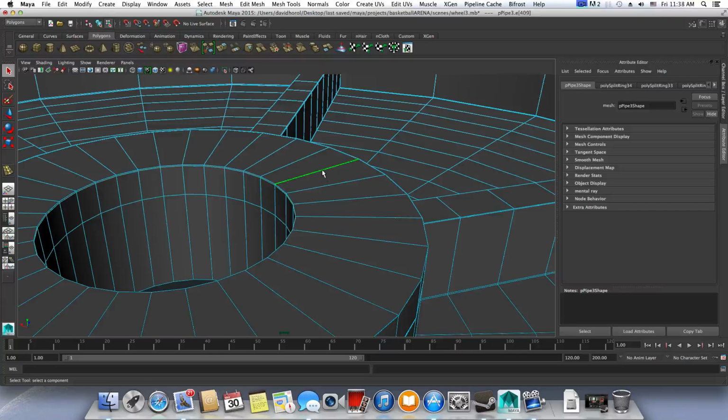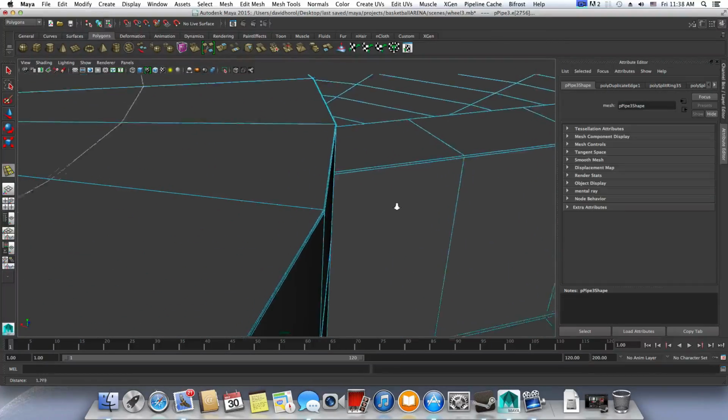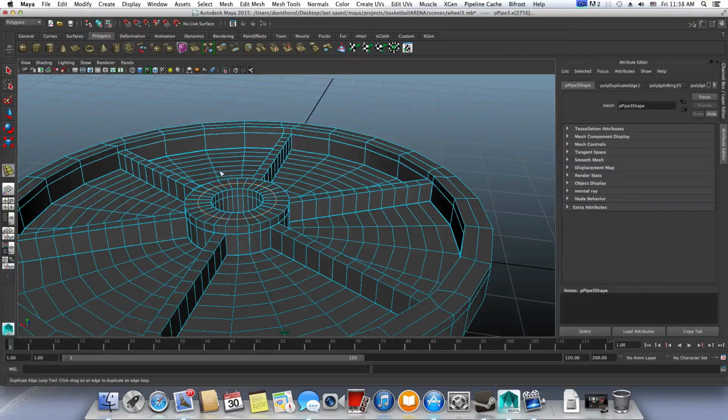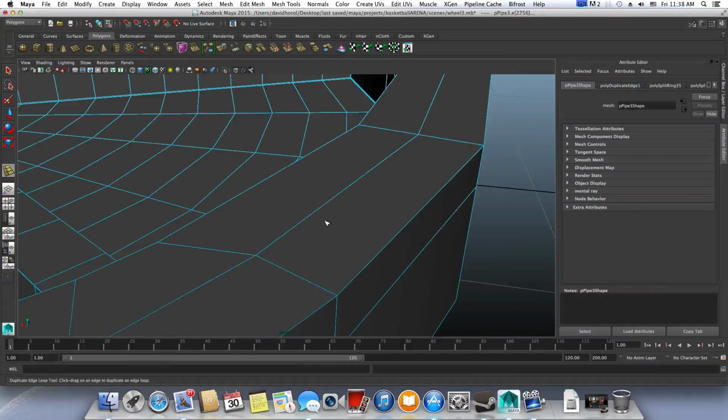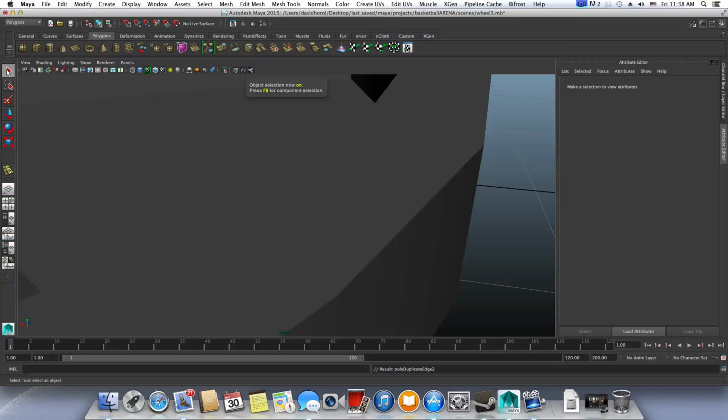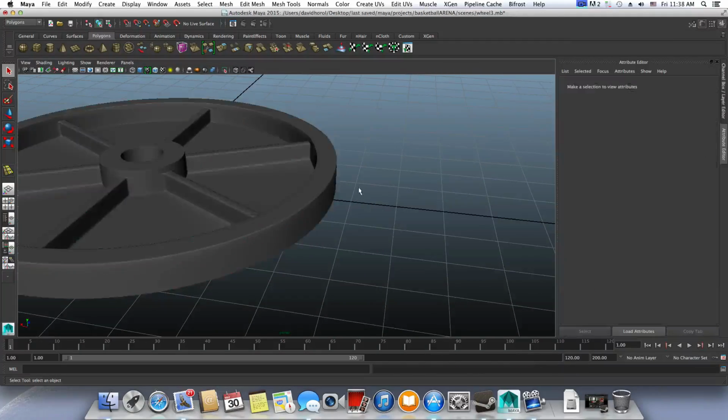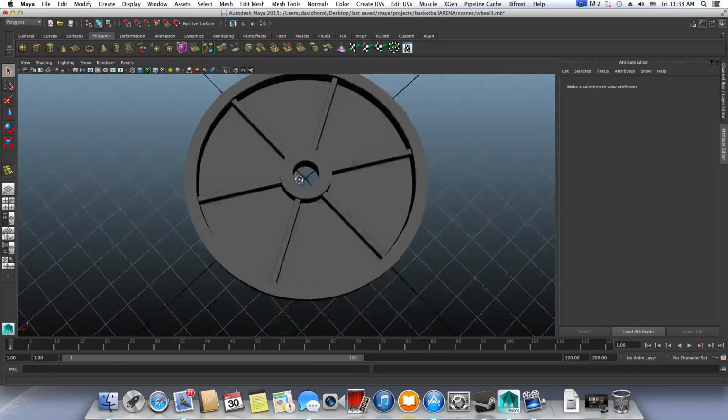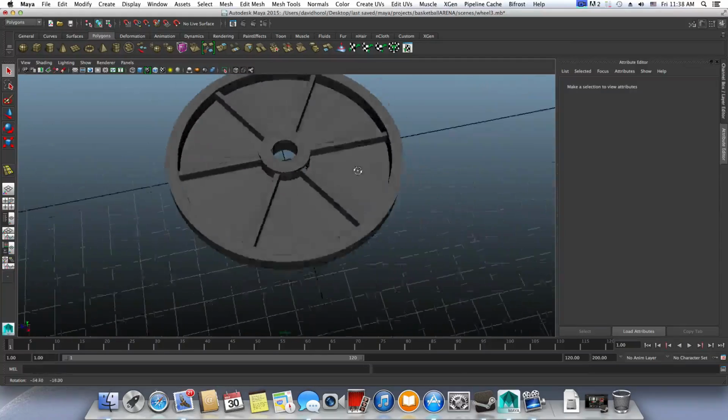And here I choose this edge, control right click edge ring, into this to edge ring and split, and I will add offset edge loop. So both of them will be at the same precise position. Okay, that way. Let's see that it really created this. Yeah. Press F8. Sorry, let's see what's going on here. We're gonna do another offset edge loop according to this center one, and that's fine. Press F8. And let's press 3 to have a look at how it looks. So that looks so far so good,